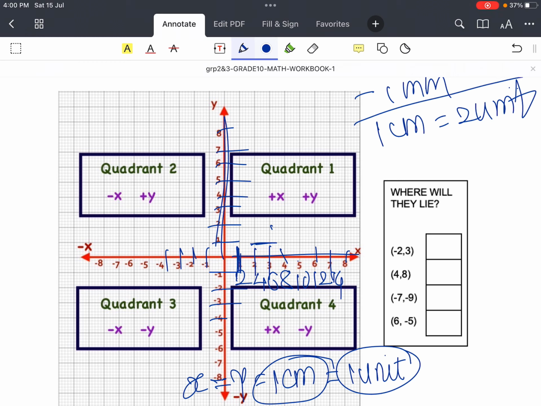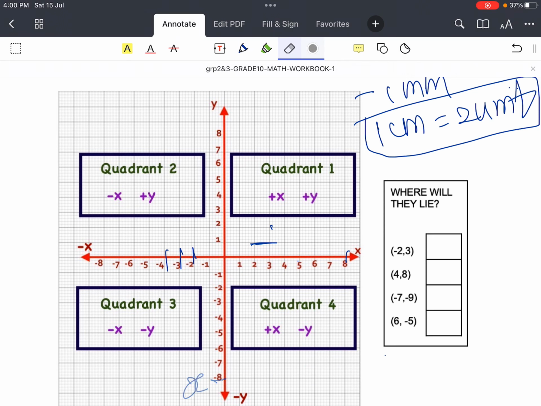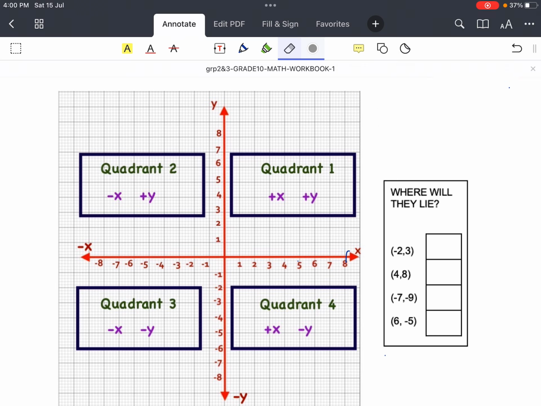तो इस पे डिपेंड करता है कि आपका ग्राफ किस तरीके का होगा और जो स्केल है वो क्या रहेगा, ये पहले आपको डिसाइड करना है। तो यहाँ पे जो स्केल मैंने ऑलरेडी बोला है 1 सेंटीमीटर, एक्स एंड वाई एक्सिस पे 1 सेंटीमीटर इज इक्वल टू 1 यूनिट, इसलिए हमने ये स्केल रिप्रेजेंट किया।